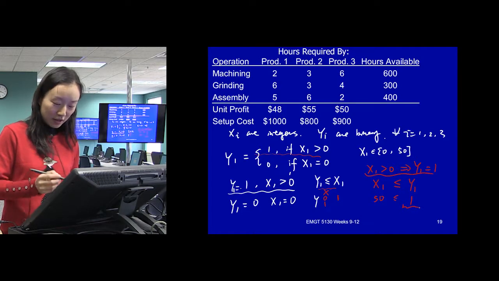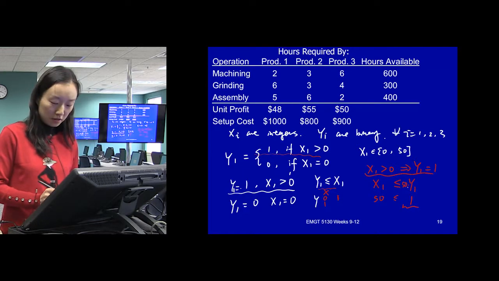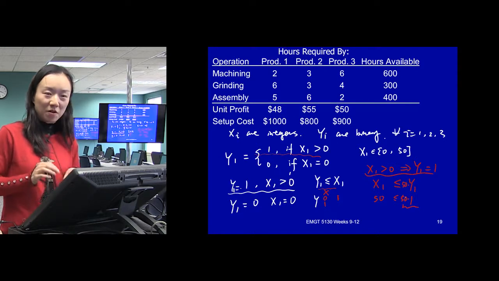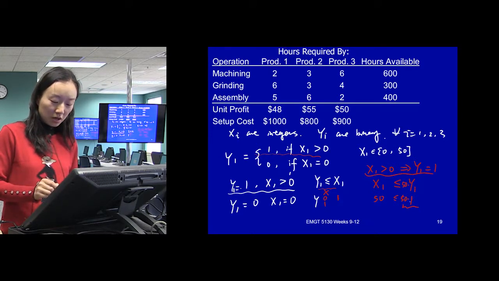Great. If we put 50 on this side, this 50 will be fixed here. It won't change. But y can only be 1 or 0.